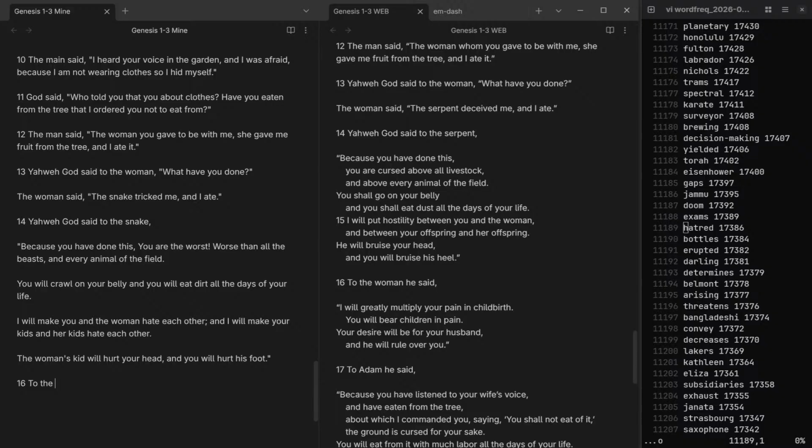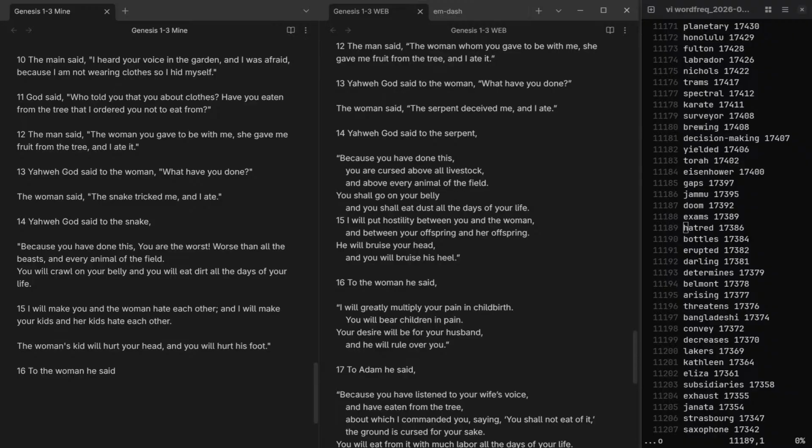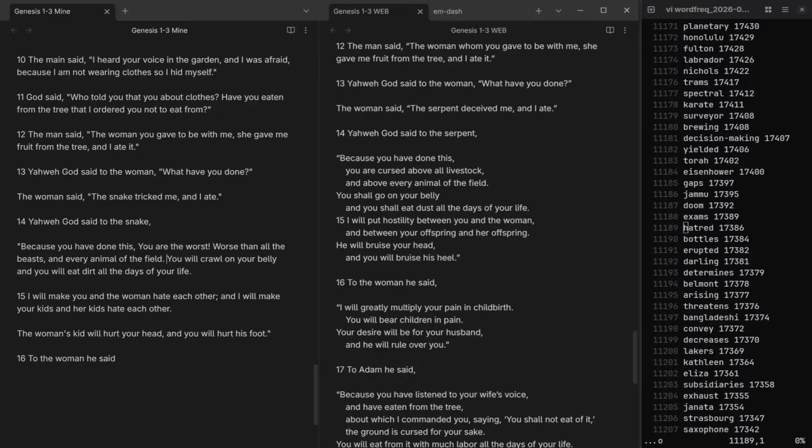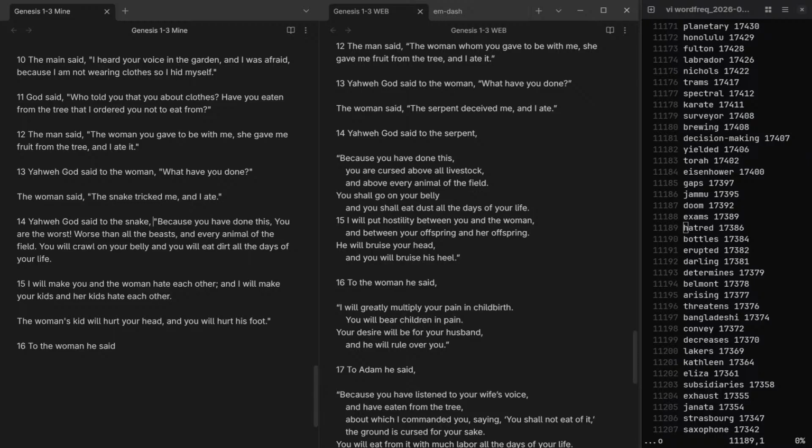16. To the woman, he said... Here, this is verse 15. We'll put that there. You will crawl. Okay, let's just put that all together. Verse 14. Let's not make it all poemy. There we go. Again, let's not make it all poemy. Okay, to the woman he said,